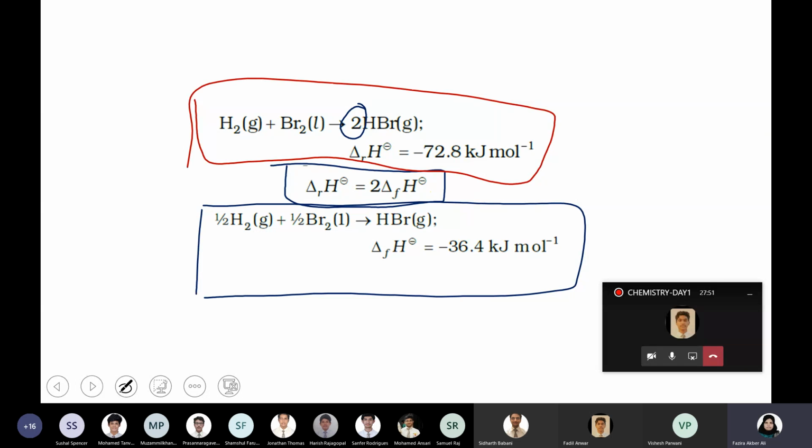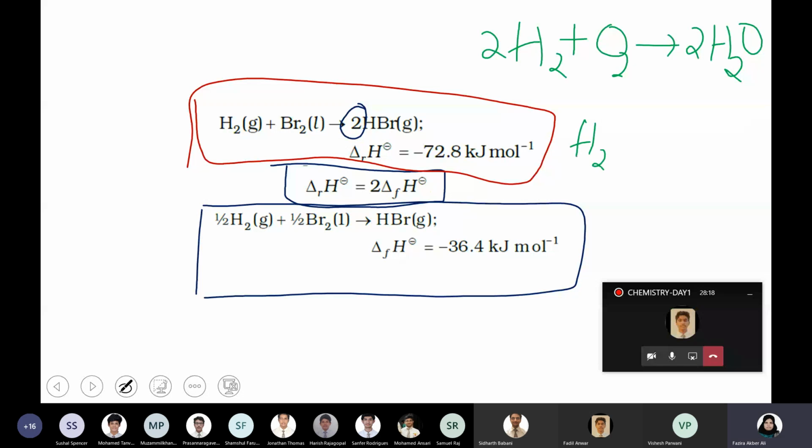This is enthalpy of reaction, which is related to enthalpy of formation. The same thing you can get in the case of H2O also: 2H2 plus O2 giving 2H2O. This is not enthalpy of formation because 2 molecules of water are prepared. The actual equation is H2 plus